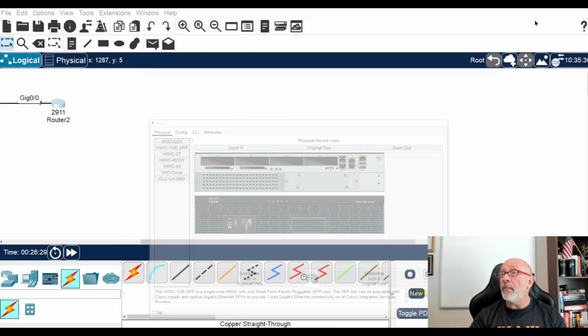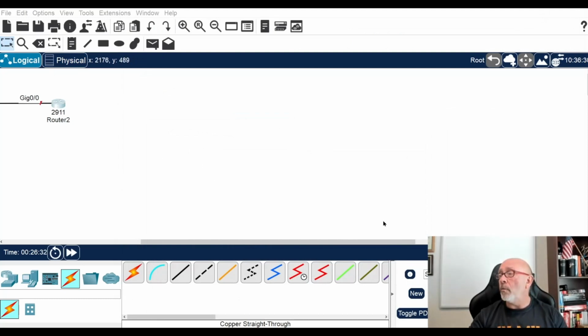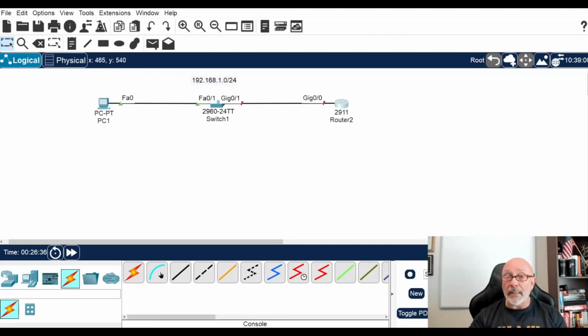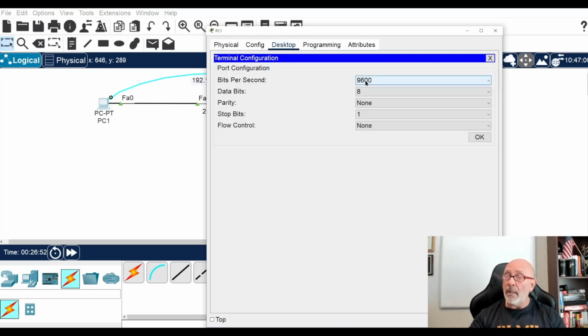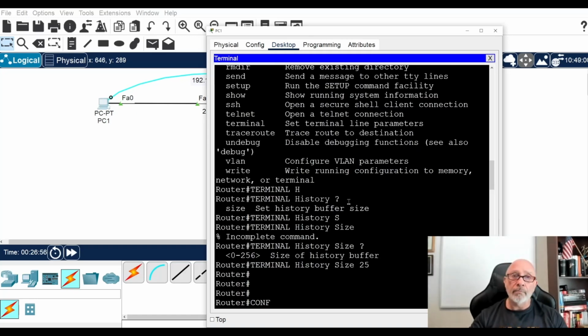Back in the day, when I had to take my certification, in the test they had a console cable, plugged it into the PC, and then plugged it into the console port of the router.